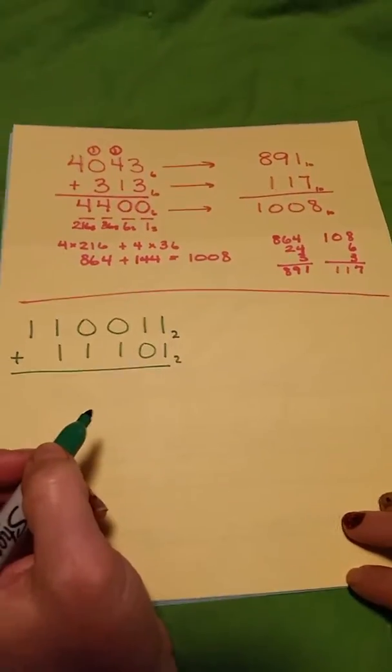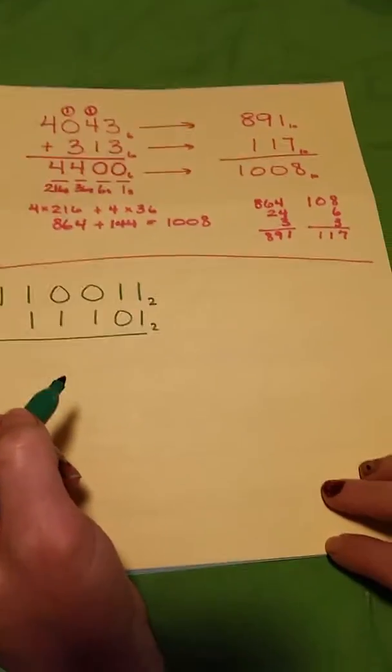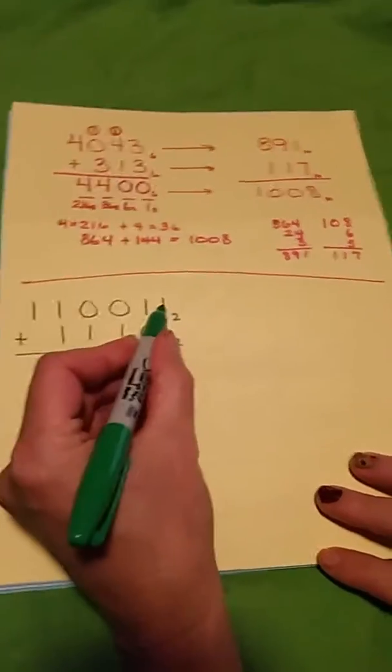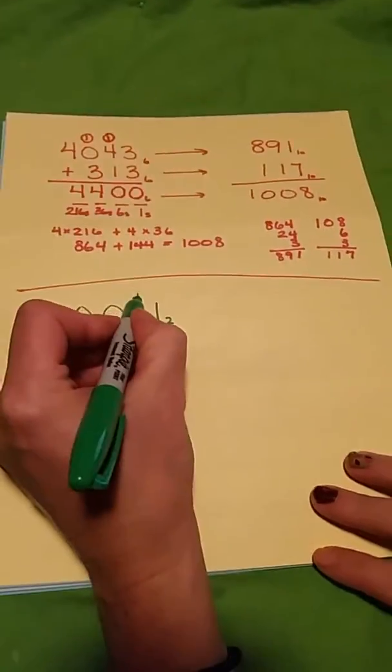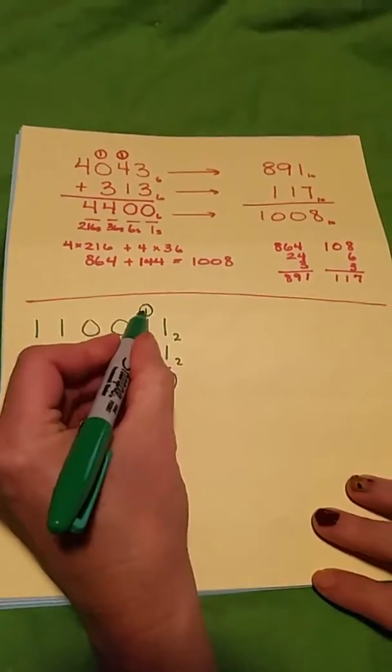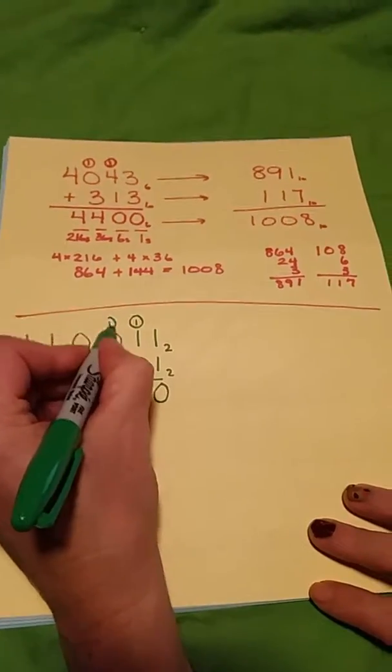So here's a second example. This one is in base 2. Remember that we're going to carry when we find groups of 2. So if we start in the ones place, 1 plus 1 is a group of 2 to carry with 0 leftovers. In the next spot, now we have 1 plus 1, which is again a group of 2 to carry